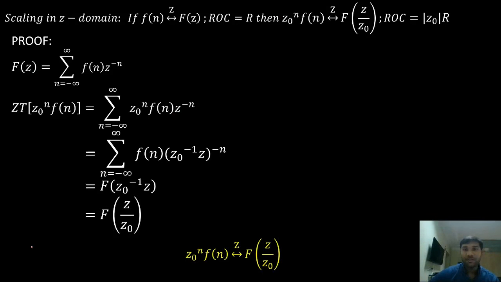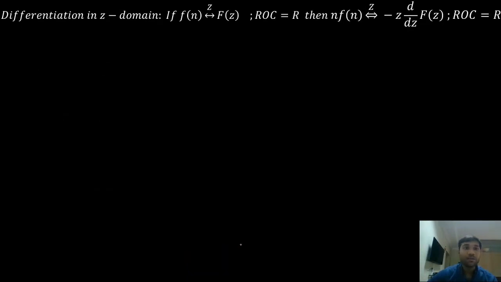So this is the scaling in z domain. If I scale in z domain, what happens in the time domain? That is what this property states. Now, differentiation in z domain. Now I'm going to differentiate in the z domain. What will be the corresponding